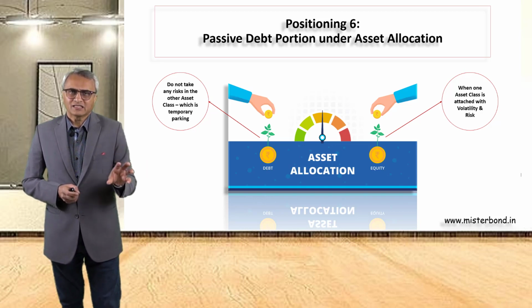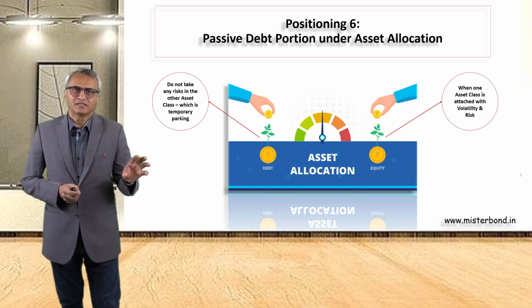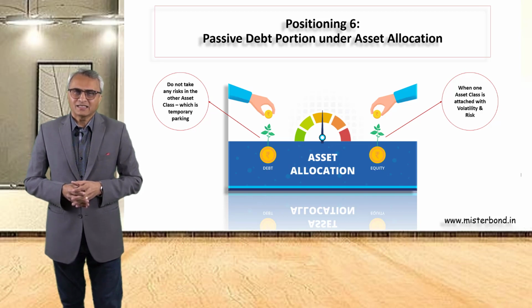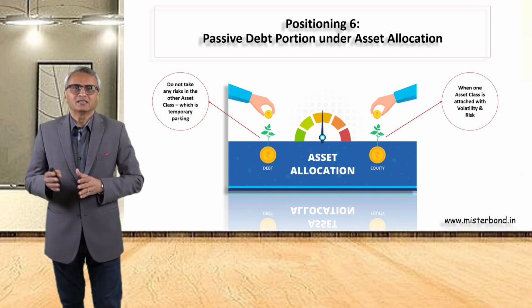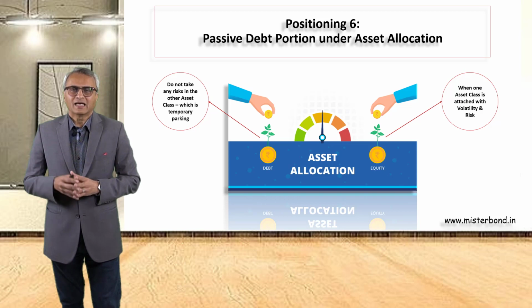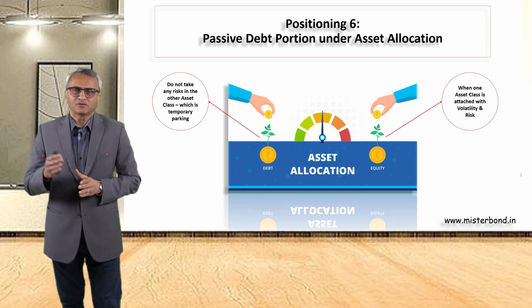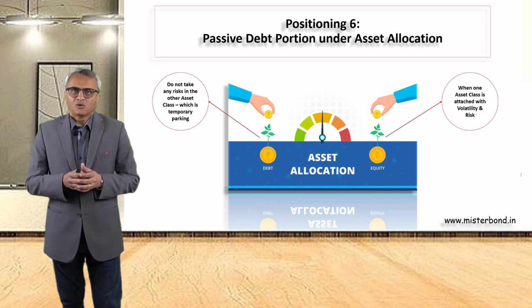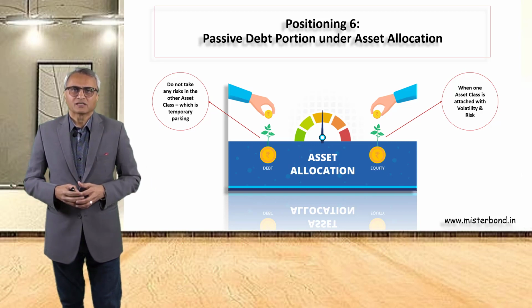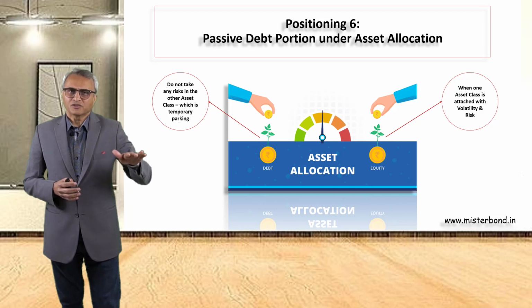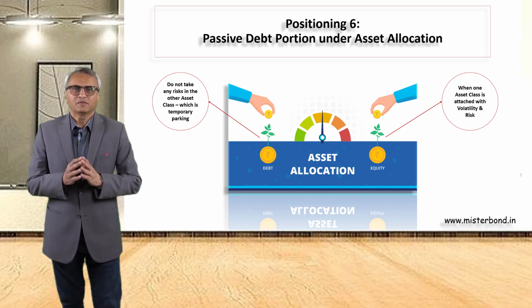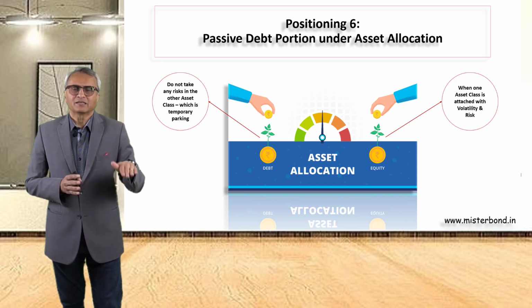So utilize this scheme as a passive investment and an allocation to the debt portfolio under the asset allocation strategy, and the rest can be utilized to invest in equity market space. And as and when the equity markets go up or down, you reduce your exposure and get that money into this particular scheme. Over the next 10-year period, if you are just a passive investor, because you have already taken care of your debt allocation, you will not be bothered as far as that volatility in debt market is concerned,